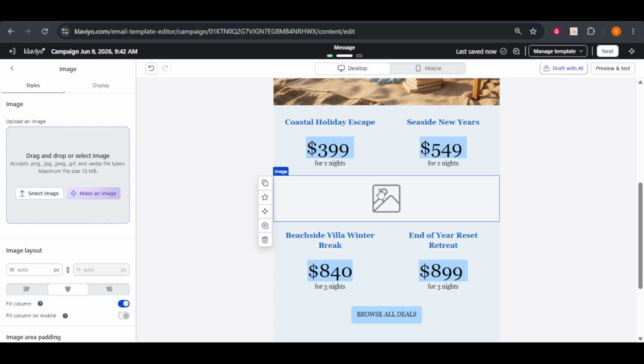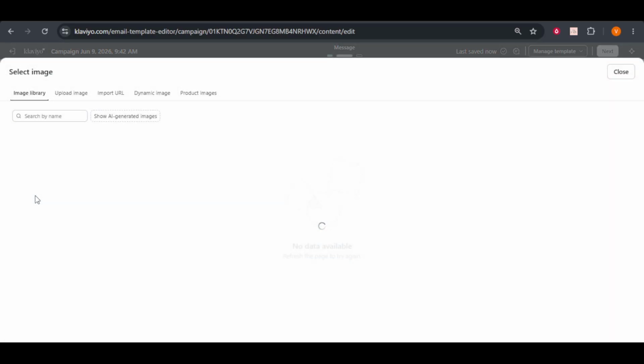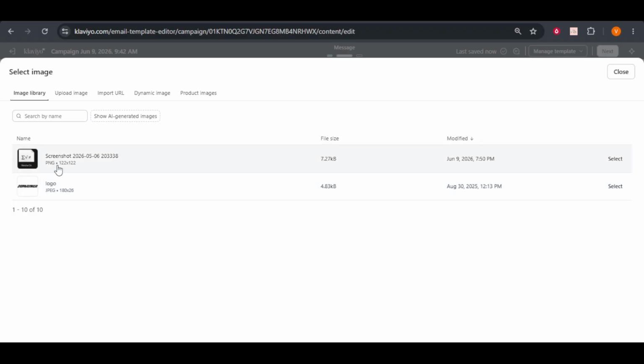With the image block now in your email layout, the next step is to click on this block. When you do, the left settings panel will provide you with options to manage your image content. Here, you'll see an option that says Browse or Upload Image. Click this to begin selecting your GIF file. This action will open a window on your computer where you can navigate to your saved GIFs. Choose the file that you'd like to add to your email. It's always a good idea to select a GIF that's relevant to your message or promotion to maintain a cohesive